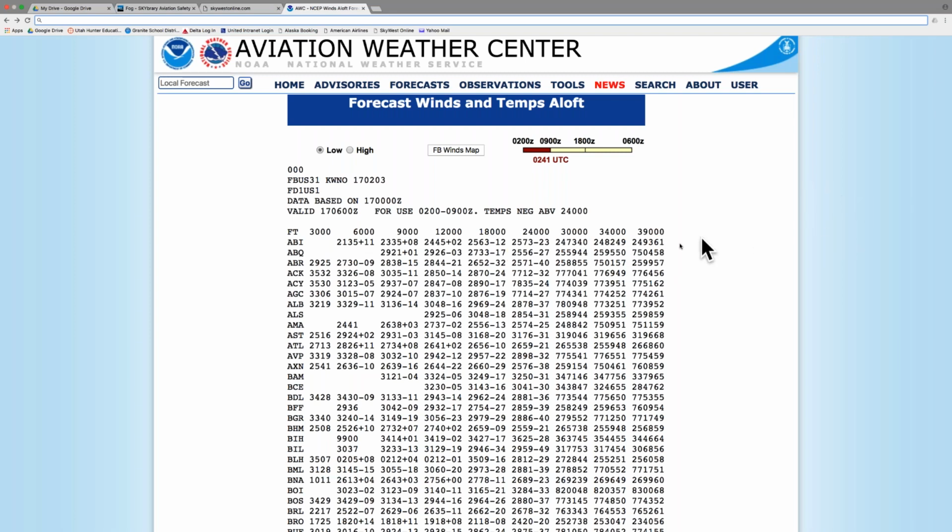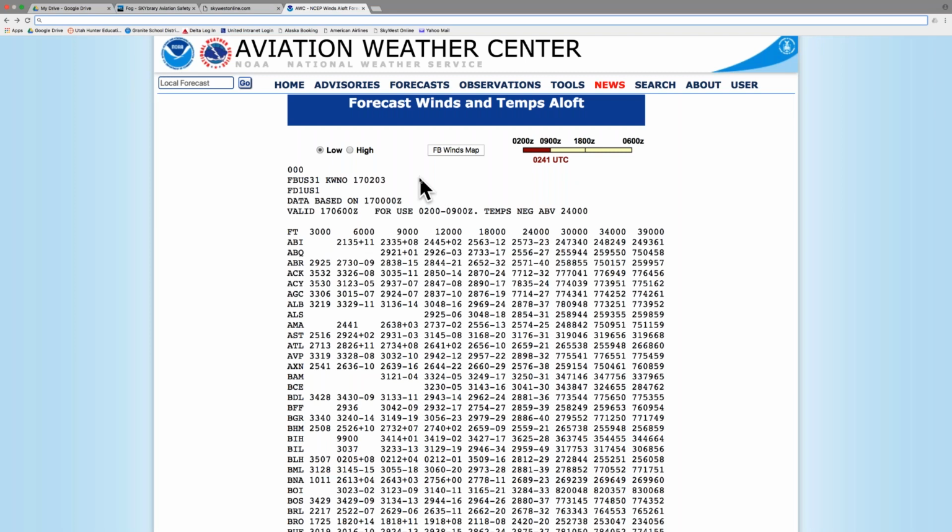Are we not talking about deviation, or are we going into that? We're going into that right now. We needed to make sure we understood how to get ISA, the standard temperature at altitude. Now we do our ISA deviation, which is how warm or cold the temperature actually occurring at altitude is relative to the standard temperature.